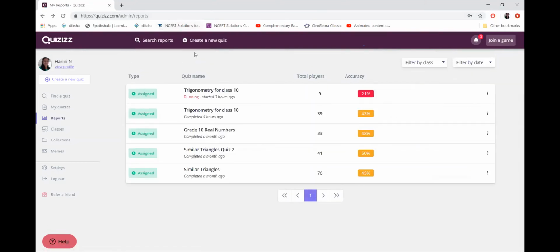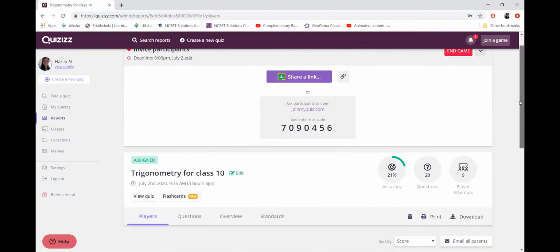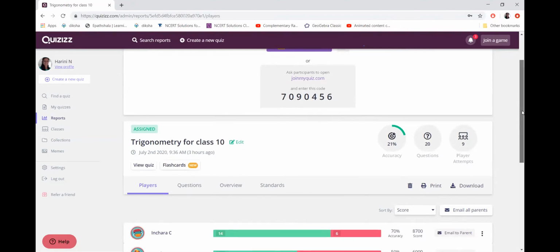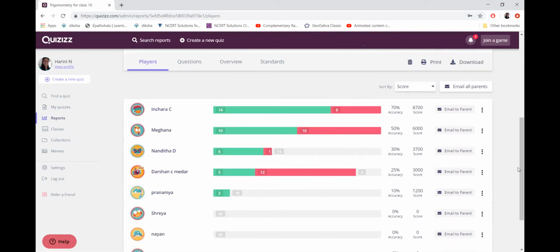Can you see it's running still? I have kept it open till 6 in the evening. And see, these are the ones who tried to do it at least in the second attempt. Sometimes it is so disheartening to see that those who are on the top in the first attempt are falling back somehow below.